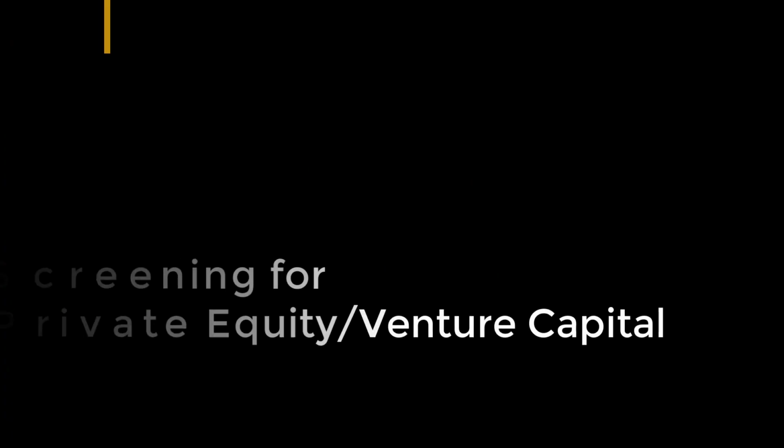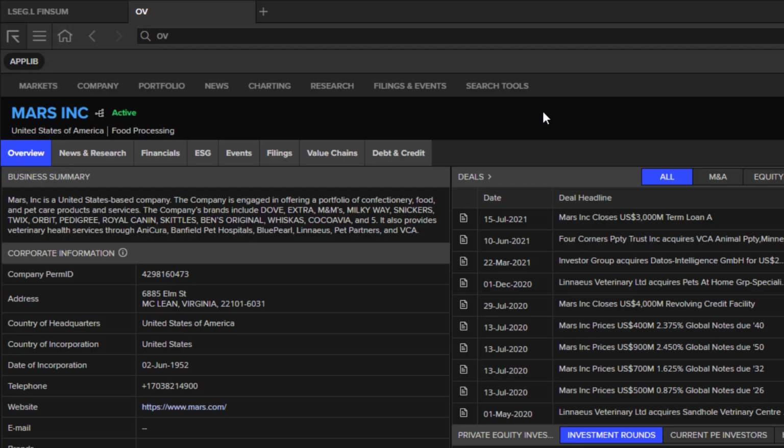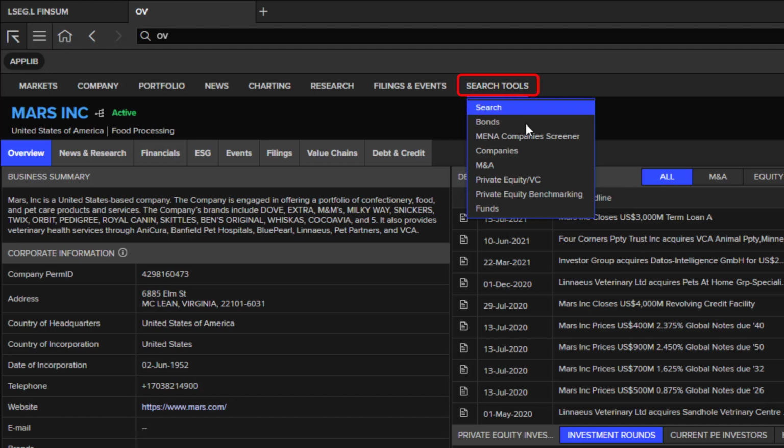Screening for private equity and venture capital. Now, if you do not have a specific company in mind, you might want to run a screen for private equity and venture capital investments based on a variety of criteria. There are two ways you can access the screener tool. One option is to search for it within the app library, or you can simply select Search Tools and scroll